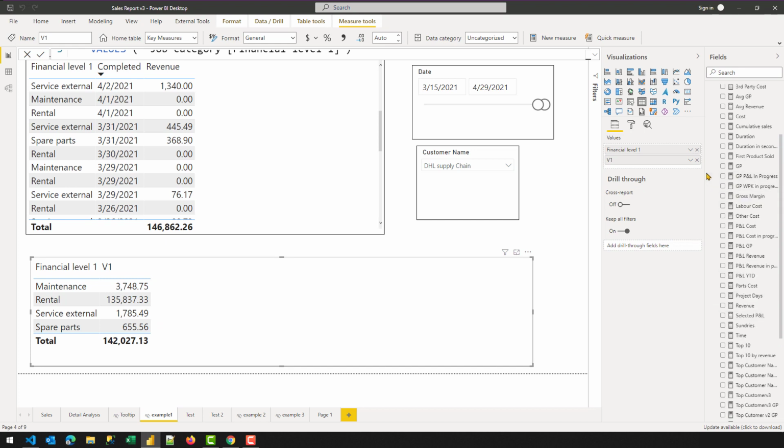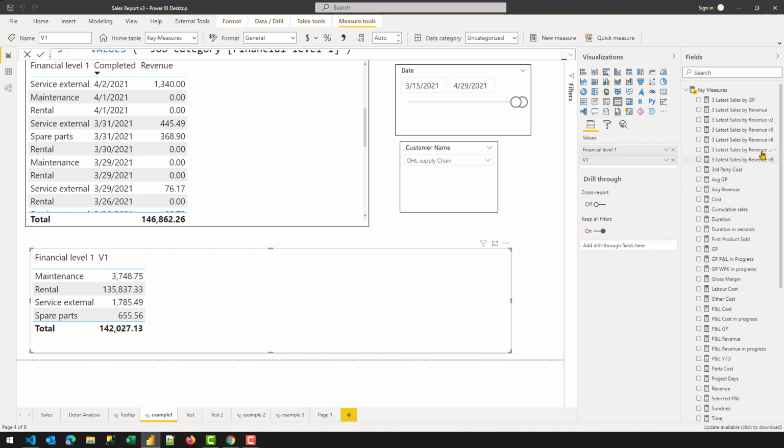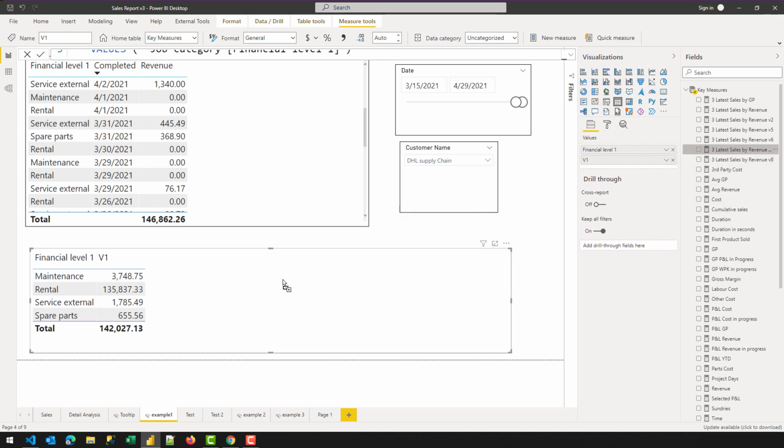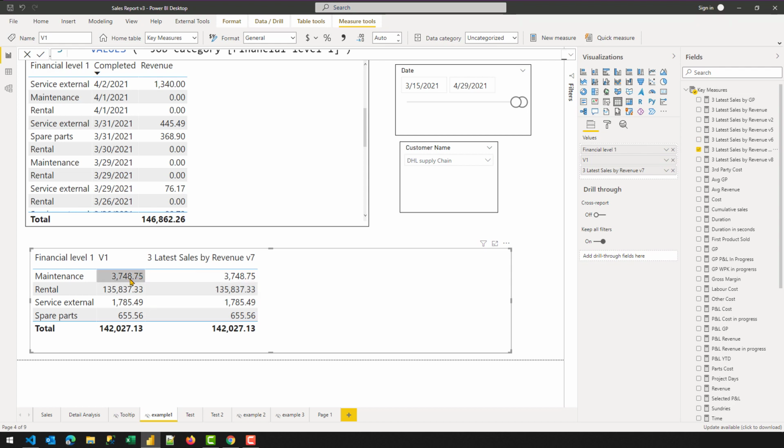And just to verify, let me bring a measure that I have already created earlier, so I can bring this version and not a different one. You can see that we are getting exactly the same result, and this is actually correct. Now, to verify that we are getting the correct result, we can create a new calculated table that will help us in debugging, identifying and verifying that the code that we have written so far is returning the correct result.